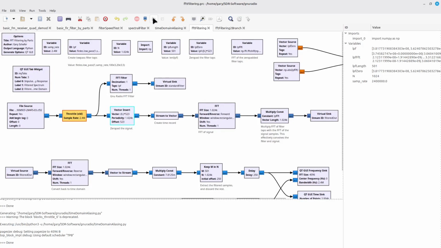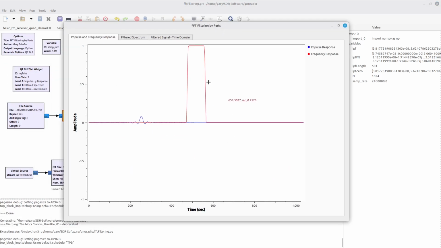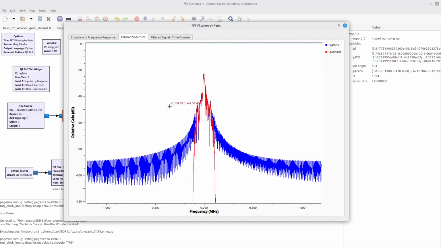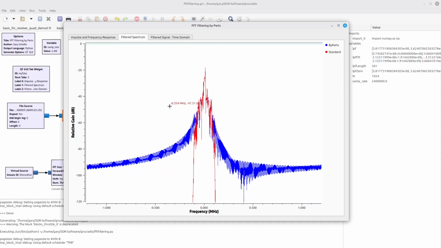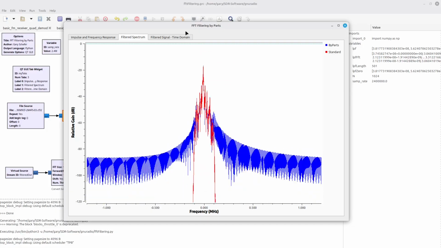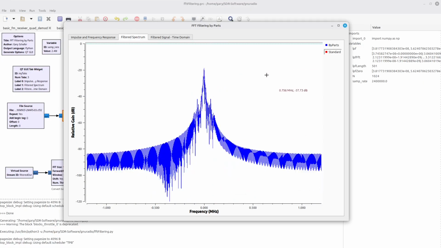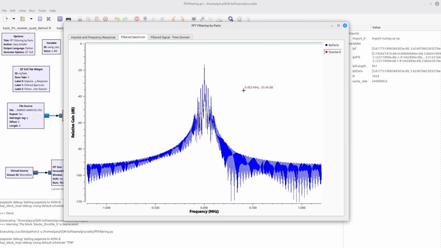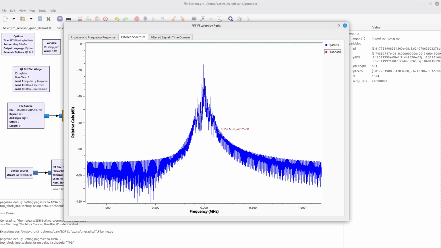And when I run this, it's going to pull in that number of samples, and then it's going to do the filtering, and then on the back end, it's going to just pull out those 523 actual samples. And this is what it looks like in the frequency domain, which is still not right. So the blue is what I just created trying to do that, not frequency sampling, the filtering in the frequency domain.